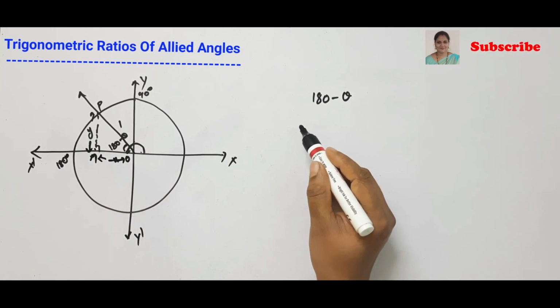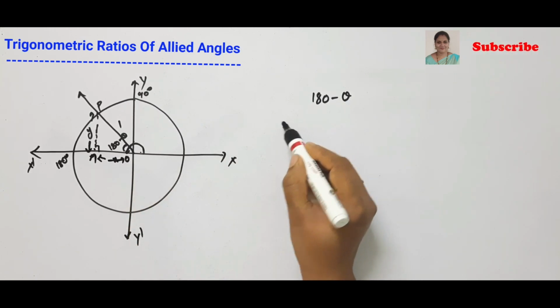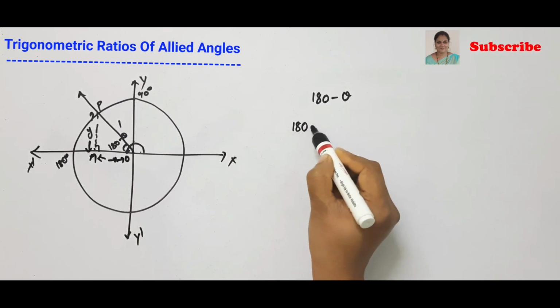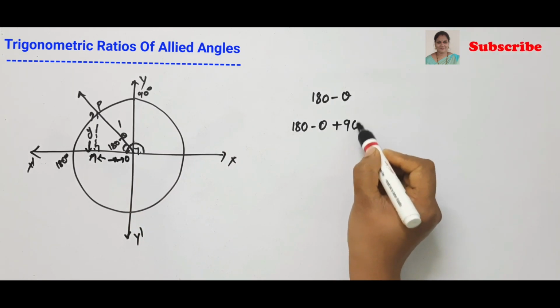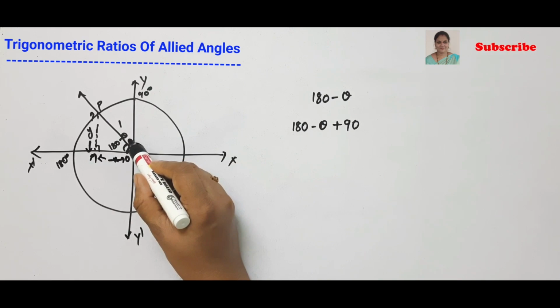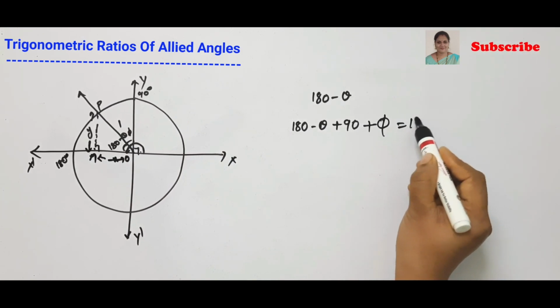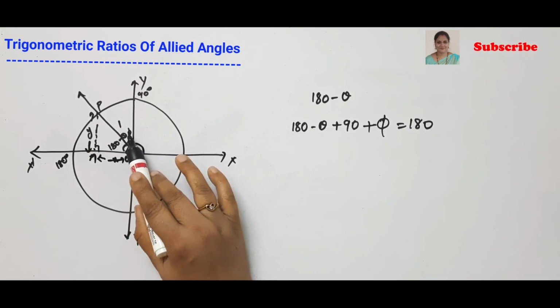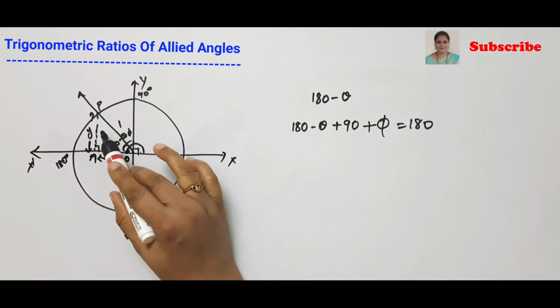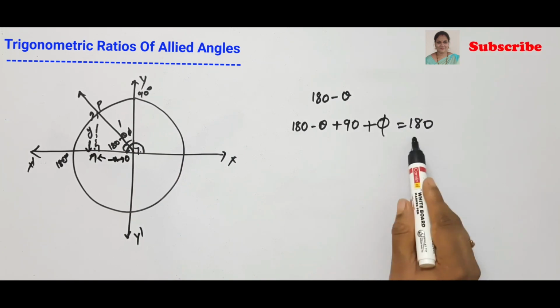So let us calculate the angle here. One angle is 180 minus theta and one angle is 90 degrees. It's not plus 90. This angle we don't know. Let us take it as phi. Okay, let this angle be phi. I'm just trying to find this angle because the same angle will be here also. You can use this method, or simply use properties of triangle, it means the same method. You will get the same result, is it not?